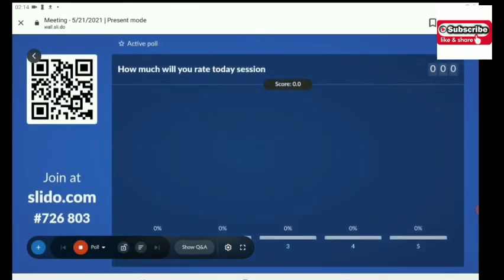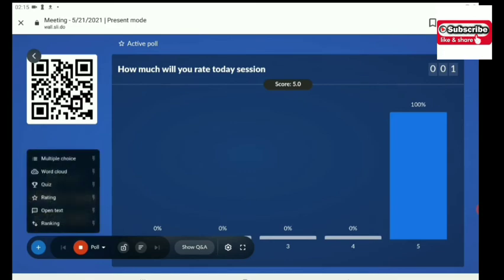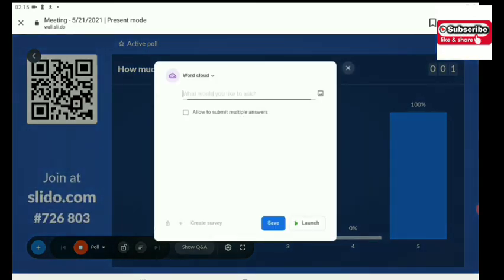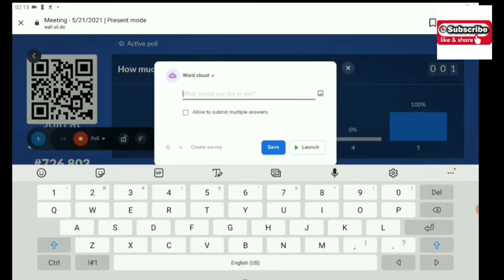The children can directly ask you questions. Like here you will see a poll is active. I have created a question of how much will you rate today's session? So this is popping up on the screen of the students and they have started answering. This will be shown on your screen. So you will constantly be sharing your screen during the session, and to take feedback from the students or to introduce a topic, to know how much the students already know about the topic, you can use these 5 polling ways of Slido.